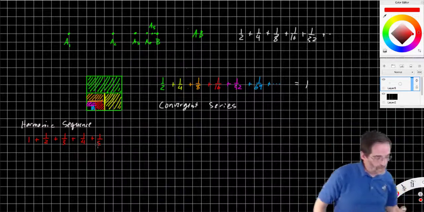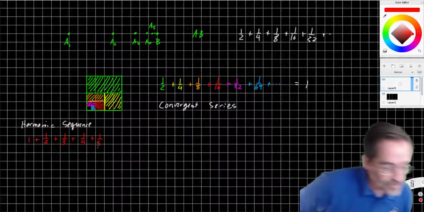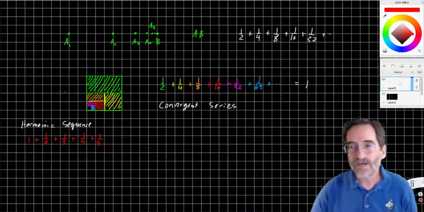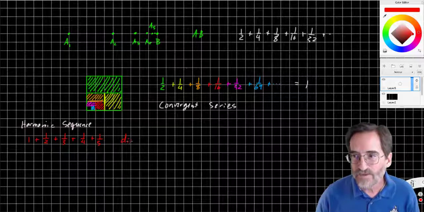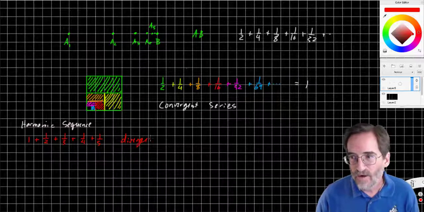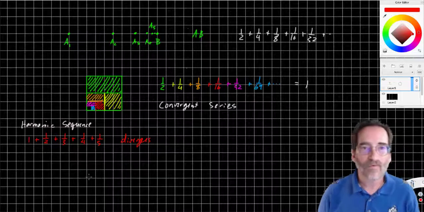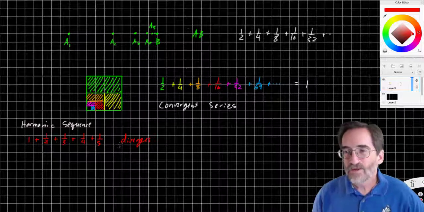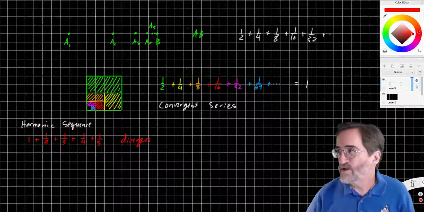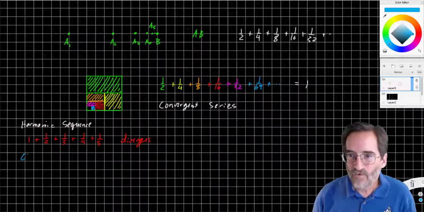So there's application of the harmonic series in music, but the harmonic sequence actually, it's difficult to tell, does it converge or diverge? It actually diverges. And the test or the determination of that requires a bit of calculus, so we're not going to go into that right now. So it's not always obvious whether or not a series diverges, but when we have a geometric series,